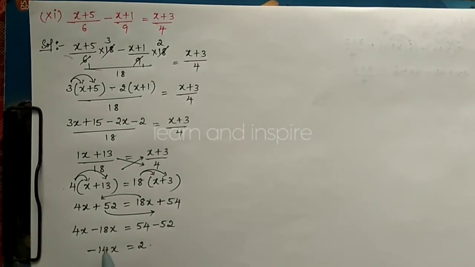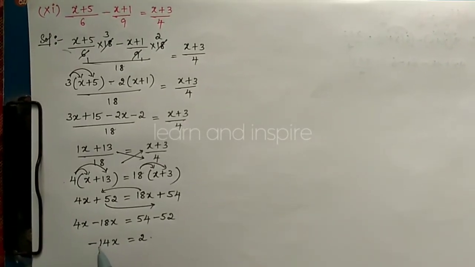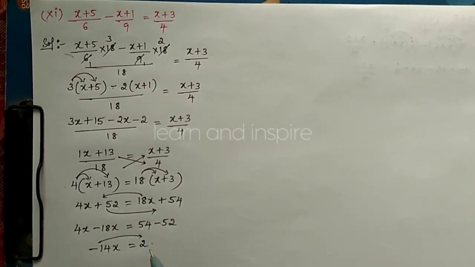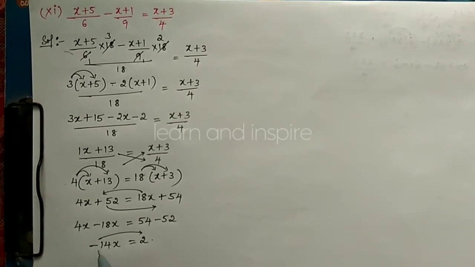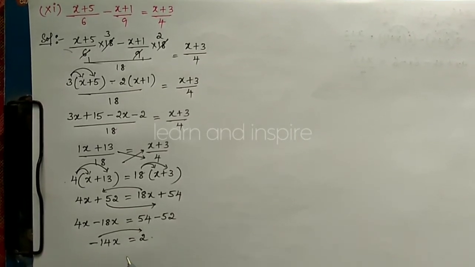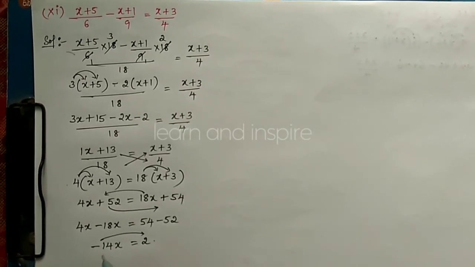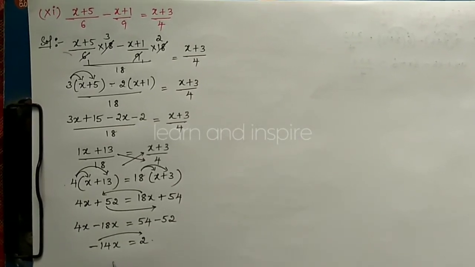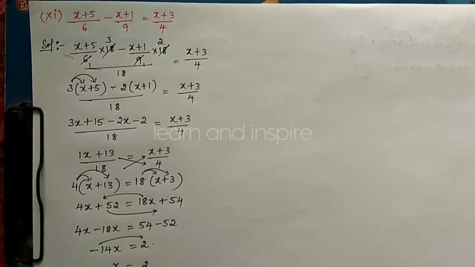Now transposing minus 14, it is on multiplication. Okay, minus 14 is on multiplication, and if I transpose this minus 14 to RHS, it becomes a division, because minus 14 is on multiplication, minus 14 into x. So if I transpose minus 14, it becomes a division. So don't write plus 14, because minus 14 is on multiplication. If I transpose multiplication to RHS, it becomes a division. Therefore x is equals to 2 divided by minus 14.